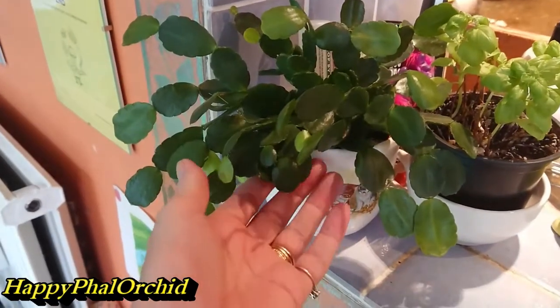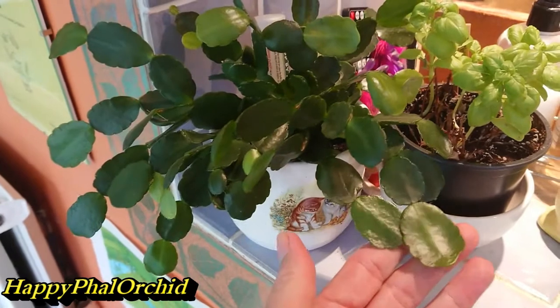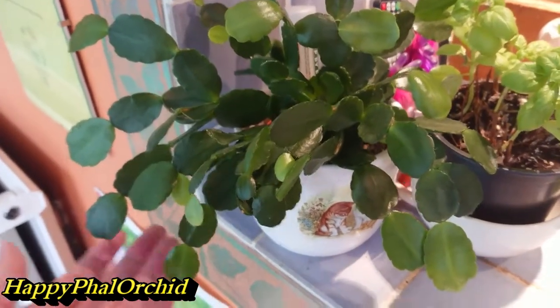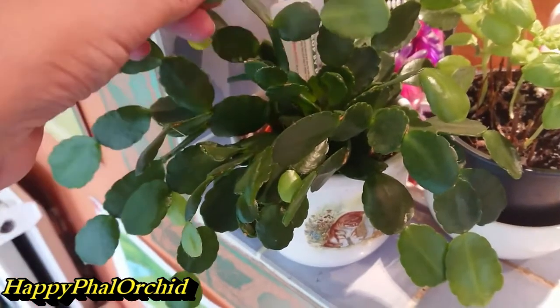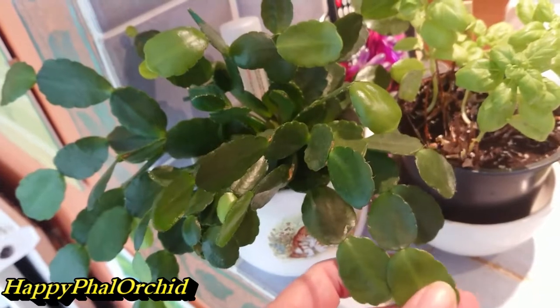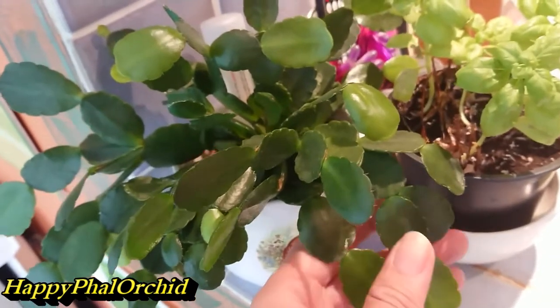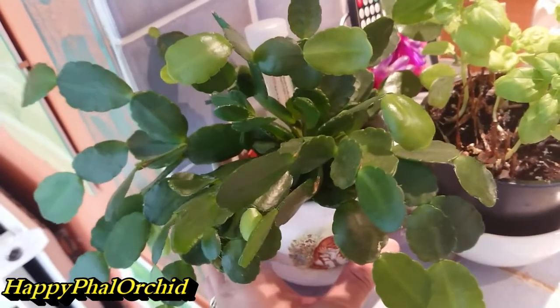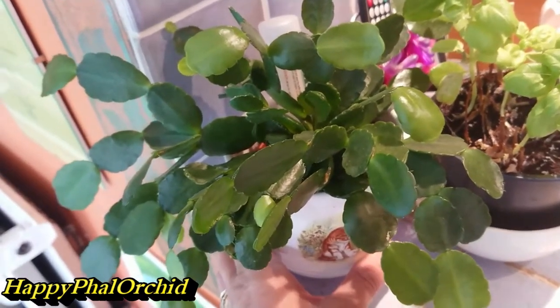Right, this is my cream Easter cactus that is loving being up here, because as you can see it's got lots of new leaves on it. It's standing upright. In the heat one or two of these wilted, which was kind of, you know, my cactus has wilted is not two words you expect to hear in the same sentence,